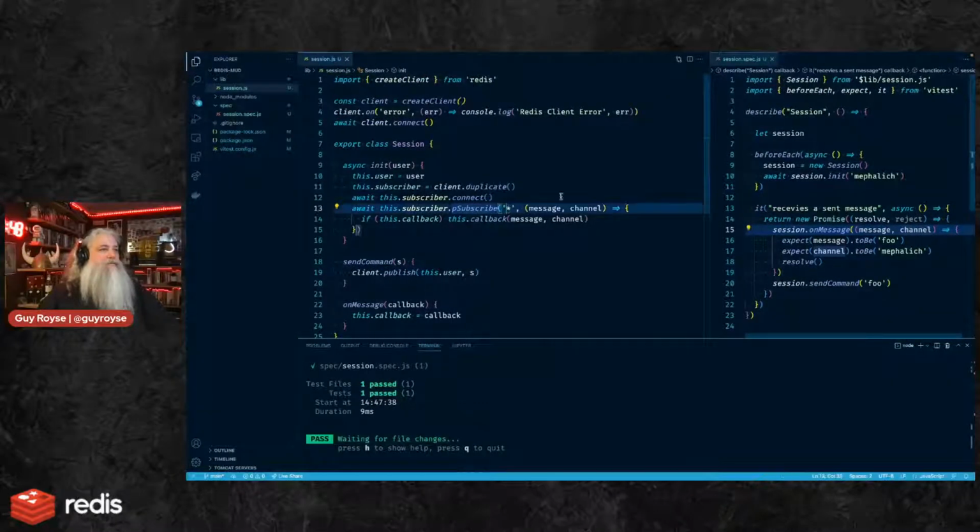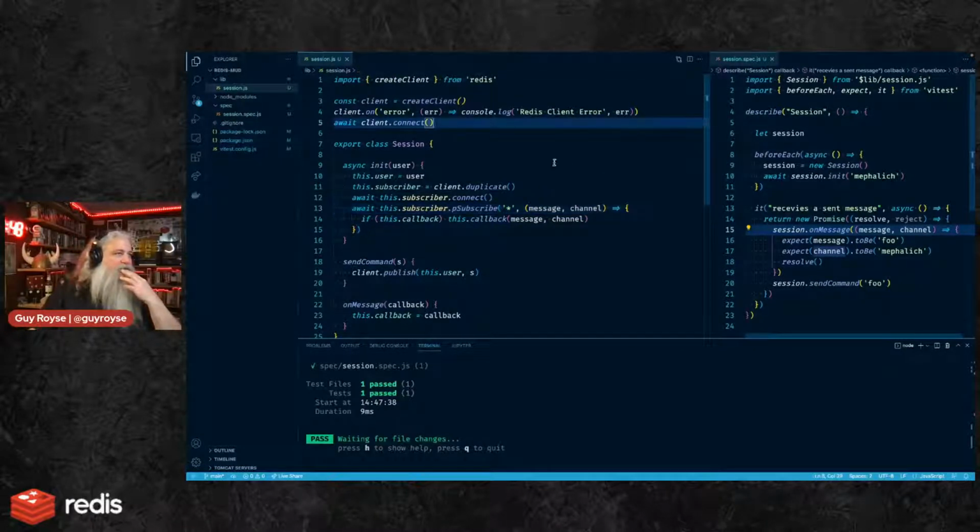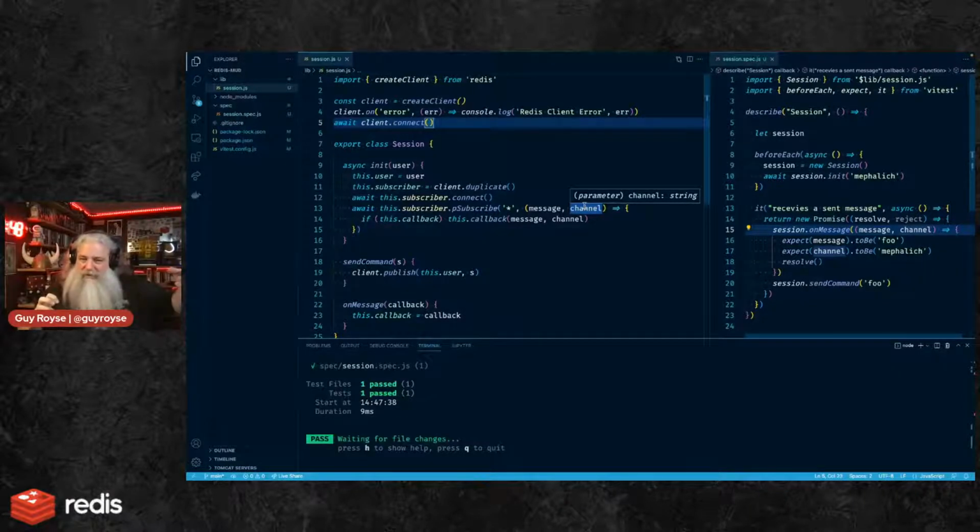So my thought here is I want to take what's in this file right here, the session.js, clean it up a little bit, and have it do the right thing. And then once I have it doing the right thing, I can figure out what my units are and pull them apart, because I don't know what they are yet.